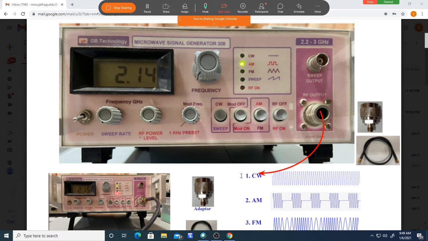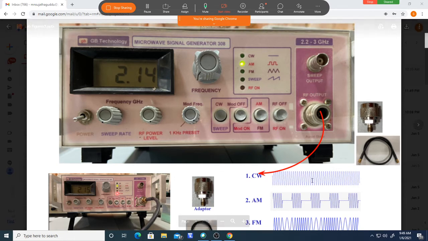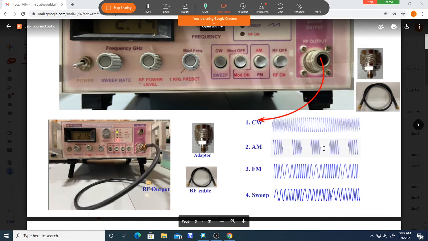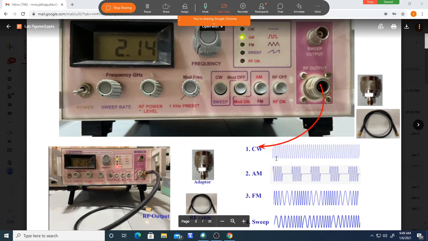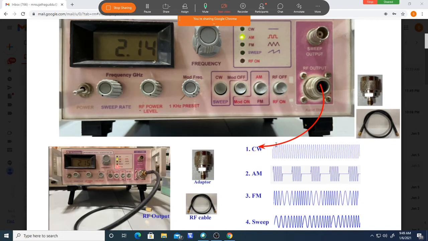Okay, I will tell you how to do that and which equipment you're supposed to use for measuring the power. So keep it in the minimum position, measure how much power is coming. Next, keep it in the maximum position and measure how much power is coming. It may be any waveform, and whatever you set, you will get the power of that. So minimum power and maximum power, how much is coming out of this equipment, you can measure.